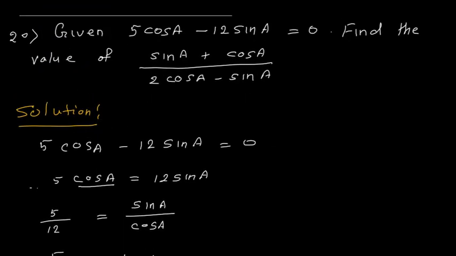Now in these problems also we have used identities, that is sin square A plus cos square A is equal to 1, 1 plus tan square A is equal to sec square A, and 1 plus cot square A is equal to cosec square A. In the last two problems, that is 19th and 20th, we divided the numerator and denominator by cos of the angle, so that numerator and denominator are both in terms of tan, and we know the value of tan, therefore we got the values.